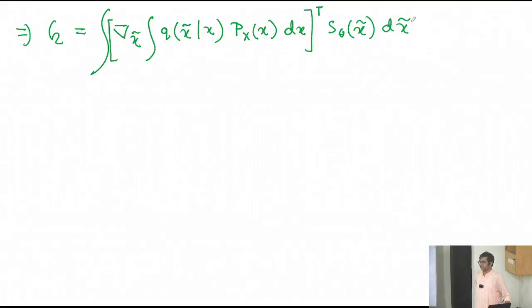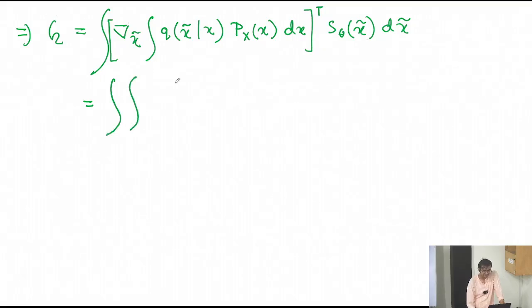Now gradient is a linear operator, right? It will go inside the integral. If it goes inside the integral, what will I get? Integration to integration actually, and then gradient with respect to x tilde,